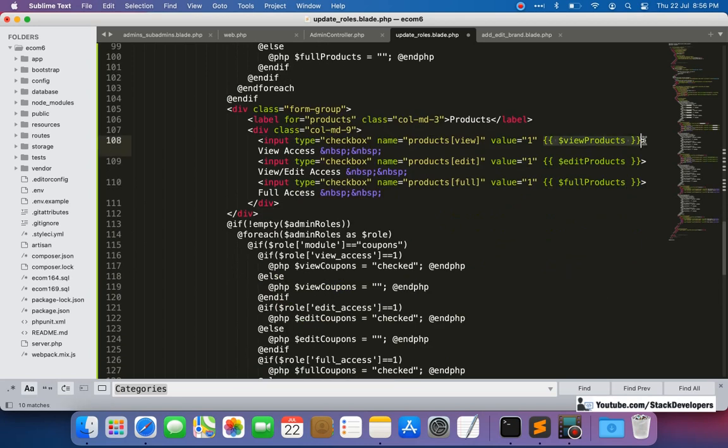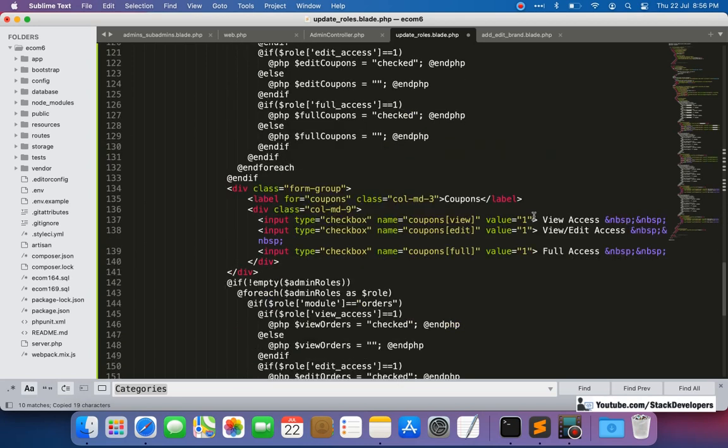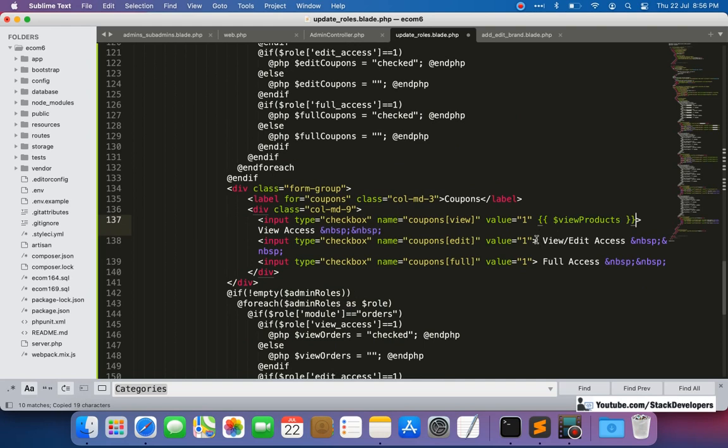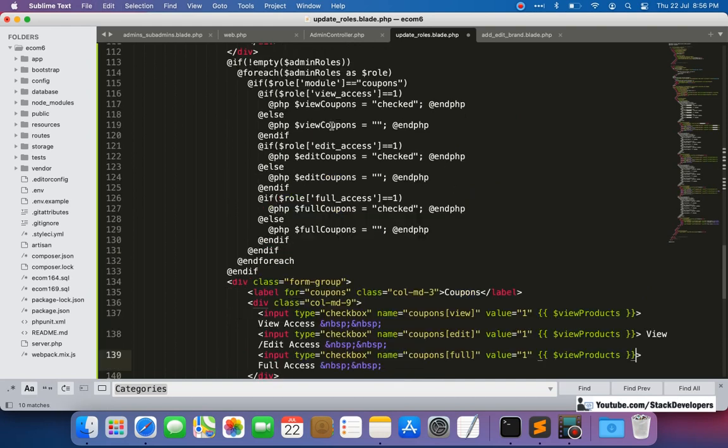Now I'm going to copy once again, and here view coupons, edit coupons, and full coupons.